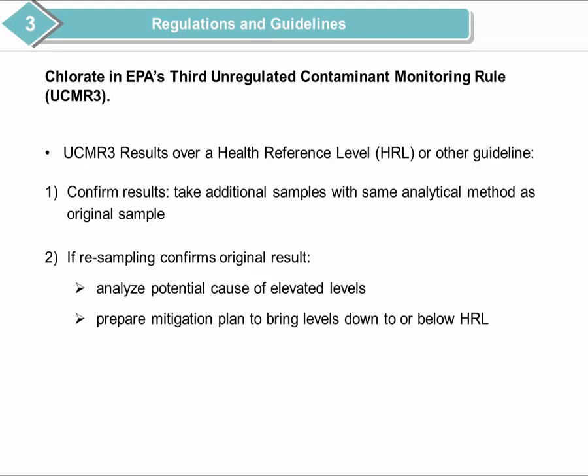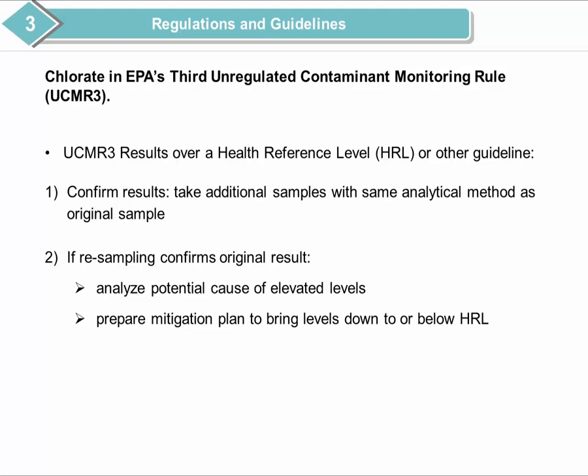In Massachusetts, if the results are over the health reference level or other guideline, the public water system is expected to take an additional confirmation sample using the same analytical method used for the original sample. In case the resampling confirms the original result, the public water system is expected to determine the potential cause of the elevated levels and prepare and implement a mitigation plan to bring levels down as low as feasible while maintaining